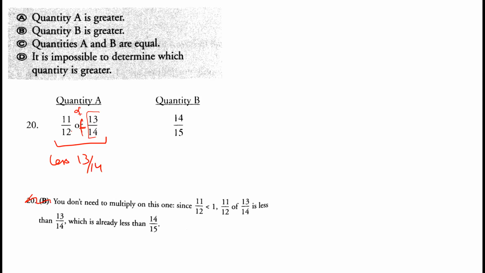So 11 by 12 of 13 by 14 would be a number that is less than 13 by 14, because this expression is less than 1. For example, we have a number 2 and we multiply it by 0.6, so we get 1 by 2. If we are multiplying 2 by a number that is less than 1, definitely we're going to get a number that will be less than 2. So one thing for sure, we are going to get a number that is less than 13 by 14. So quantity A is less than